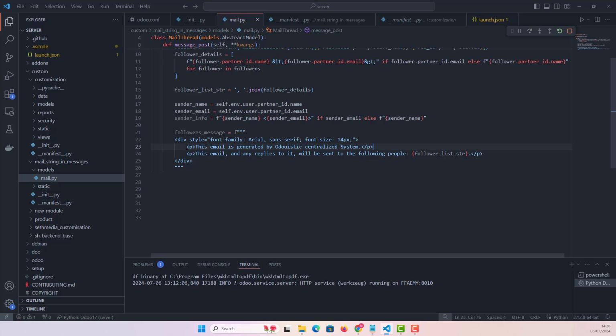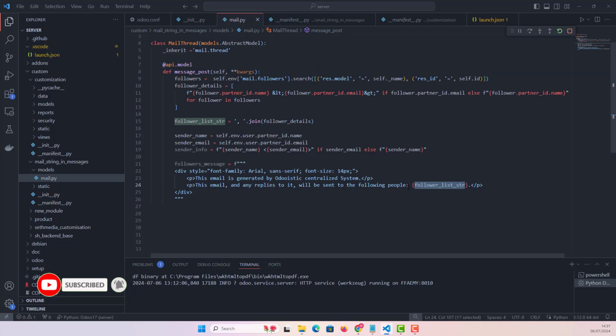Then the next paragraph: to provide you with the best service, this email is generated by Odoo's centralized system. This paragraph informs the recipient that the email will be sent to other people. The next paragraph: so here I have written this email and my replies to it will be sent to the following people, and then the follower list string, which is coming from here, which we have already concluded. Then after that, these two lines we will add,